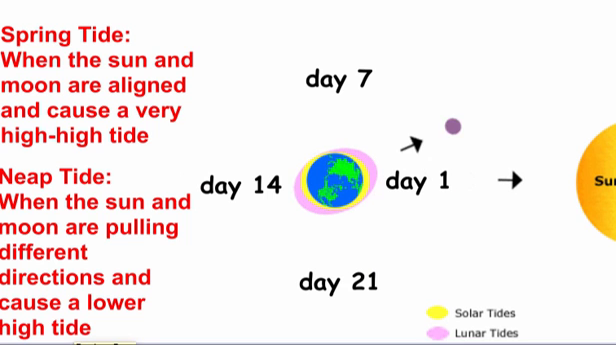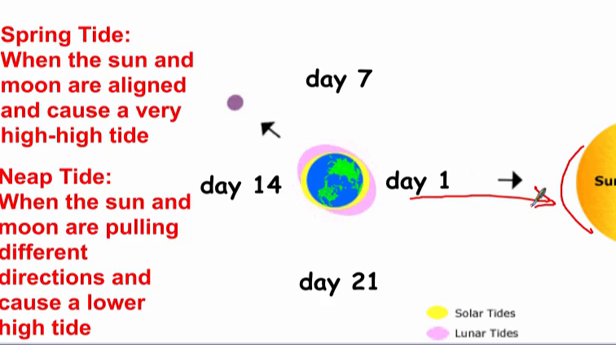Then we have a neap tide, and that's when the sun and moon are pulling in different directions and cause a lower high tide. The sun's gravity also affects the tides, which is why we have an extremely high tide at spring tide, because the sun is pulling in that direction. And then when the moon is there, the moon also pulls in that direction. Just the opposite, when the sun is